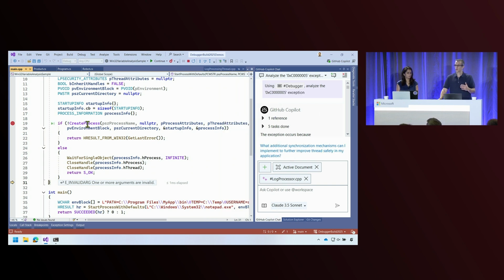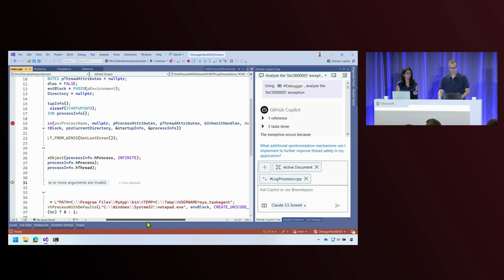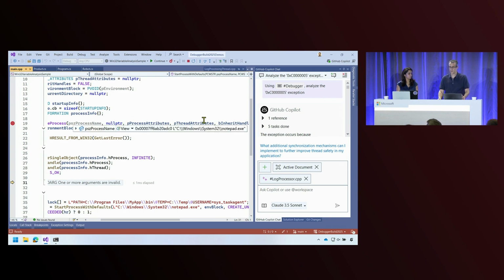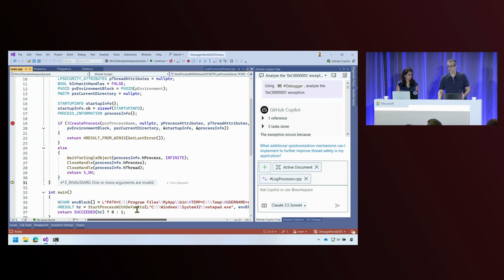Now, at this point, let's think about how we would solve this problem in the classic way. This CreateProcess API, if you notice, takes a ton of parameters here. What you would normally do is open up the documentation, right? Look at each parameter, read the required format for each of them, and then look at what you have, and try to spot the discrepancy. But with Copilot, this can be much more streamlined.